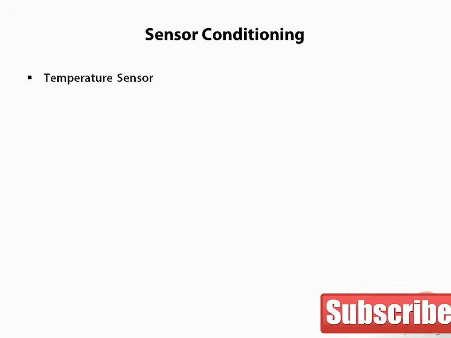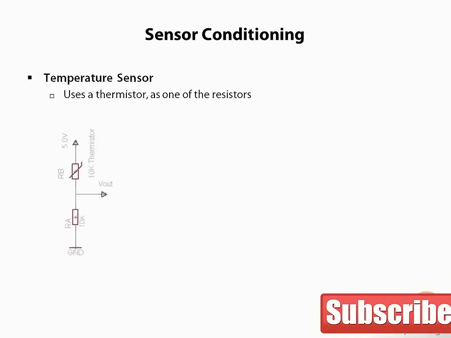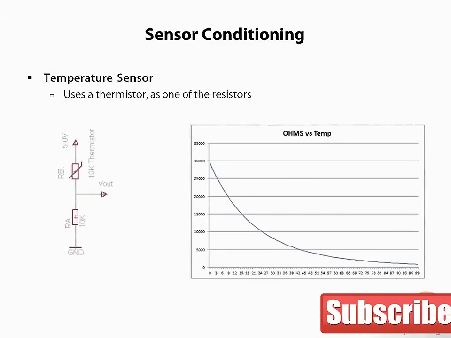Let's take a look at temperature measurement, for example. We'll use a thermistor for the variable resistor. For a typical thermistor, the resistance versus temperature curve looks like this. This is the curve for a 10 k ohm resistor, which means the value is 10 k ohms at 25